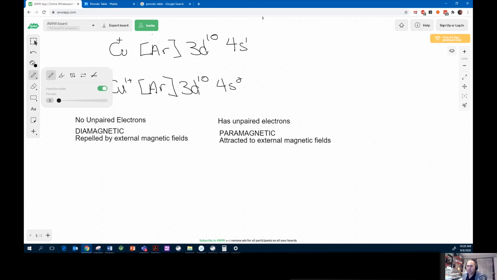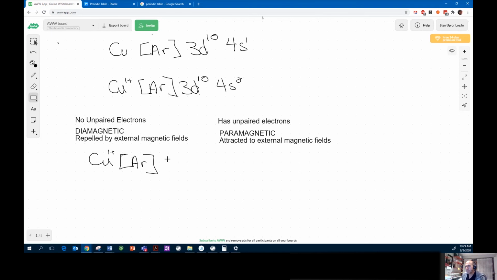Copper metal has one unpaired electron, and so we would expect it to be weakly attracted to external magnetic fields. It turns out that the degree of attraction is related to the number of unpaired electrons. But copper +1, in contrast, should have no unpaired electrons because the 3d orbital should be full, right? If I write out its electron configuration, copper +1 is argon, and so the d